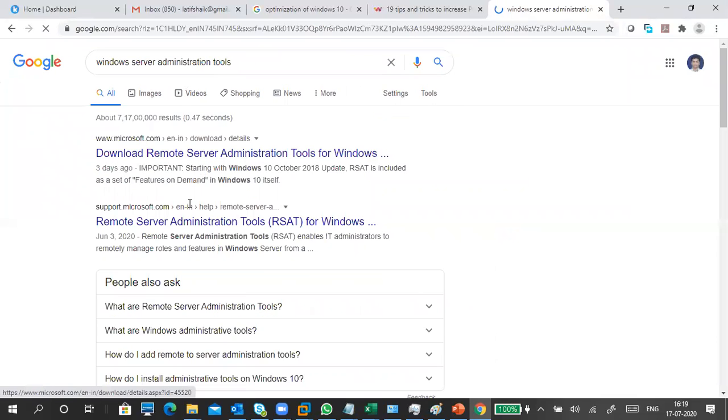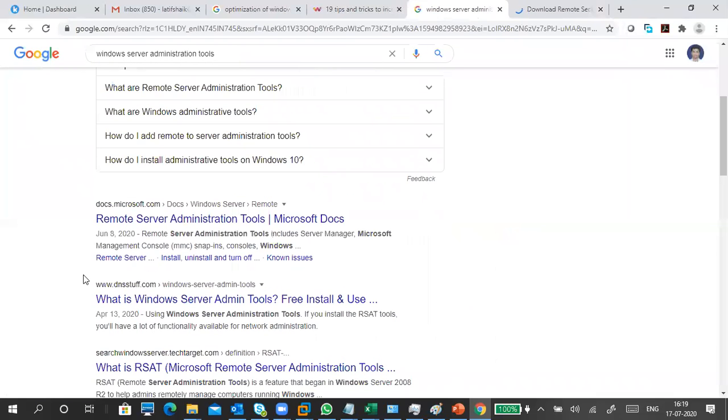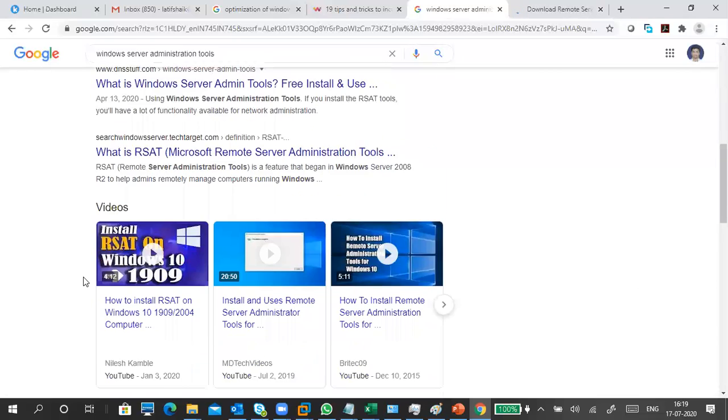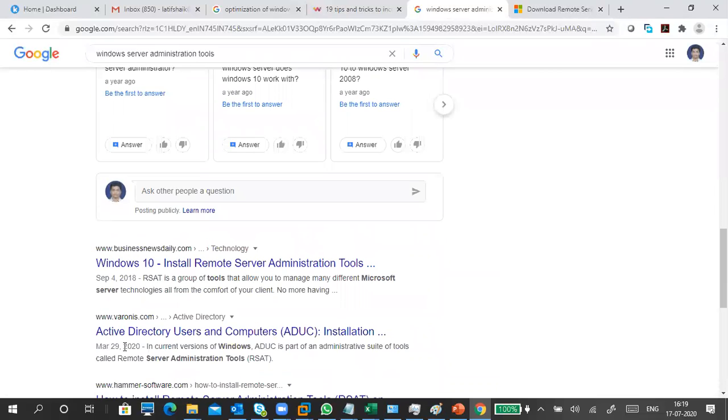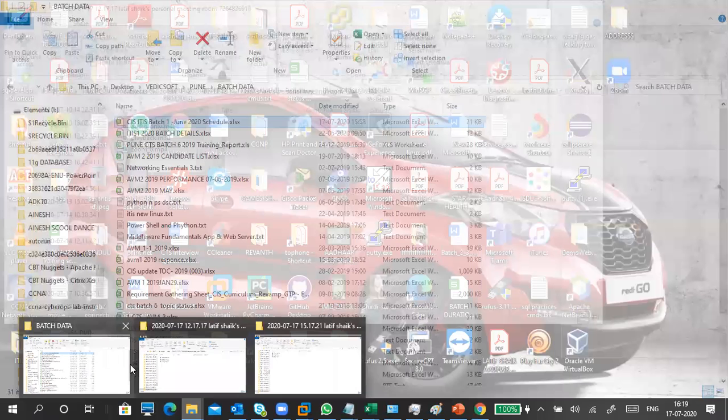Okay, so one of the things is RSAT. Okay, RSAT is there, of course. That is a remote server. RSAT is a remote server administration tool.